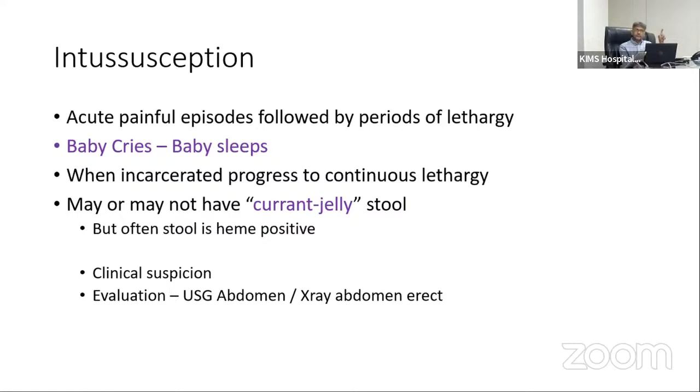But currant jelly stools occurrence itself says it is a slightly late presentation. That means the edema is so significant that it is leading to problems. So the most important thing is clinical suspicion. If the surgeon, pediatrician, or neonatologist thinks yes, it is intussusception, then it's better to evaluate the